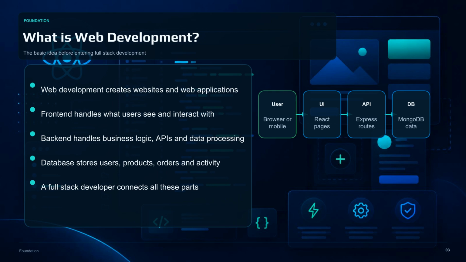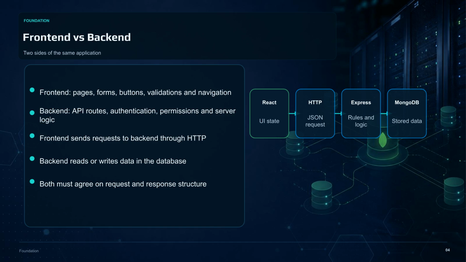Web development involves creating websites and applications. The front-end manages user interaction. The backend handles logic and APIs, and the database stores data. A full-stack developer connects these layers. The front-end communicates with the backend via HTTP. The front-end manages the UI, while the backend processes business logic and interacts with the database to read or write